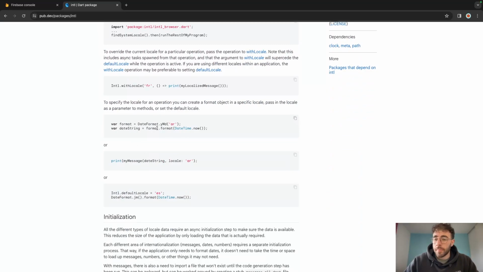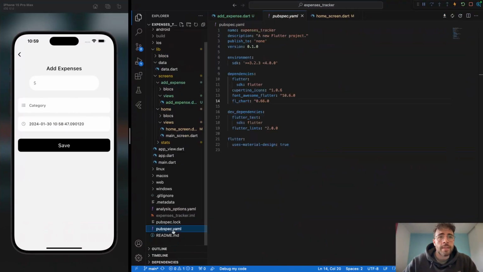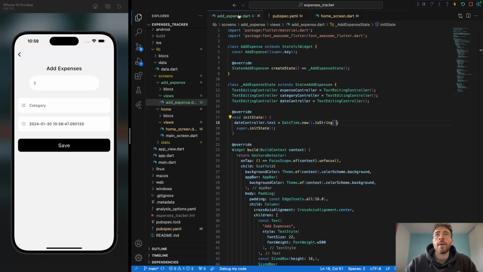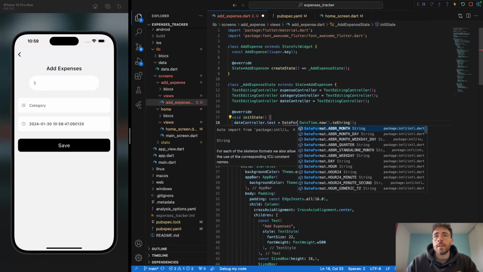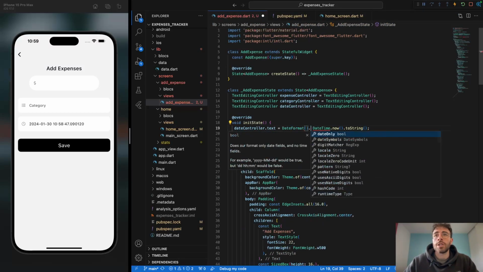We're going to use that format, and then we're going to be able to modify our DateTime. So within the pubspec, under fl_chart, I'm going to import that one, and back to add_expense.dart. Here I'm going to use DateFormat, importing the package, dot parse,